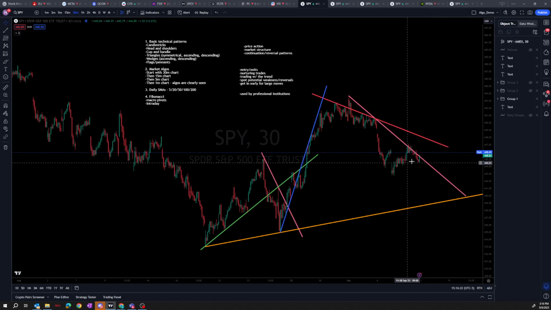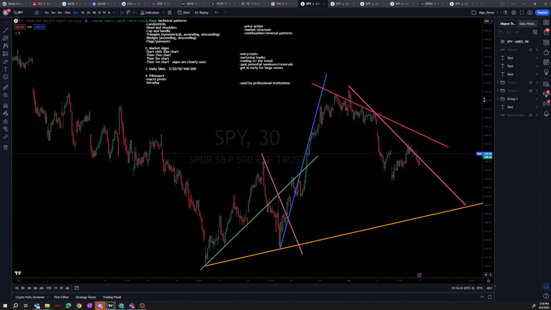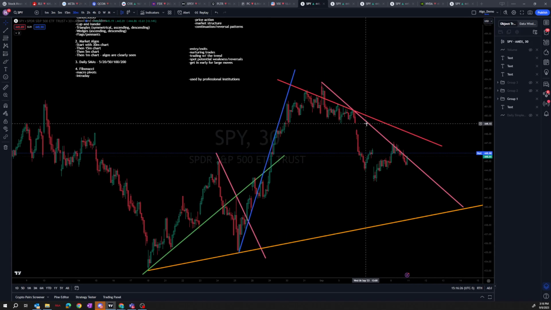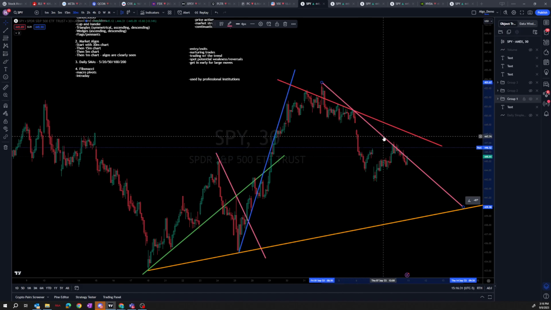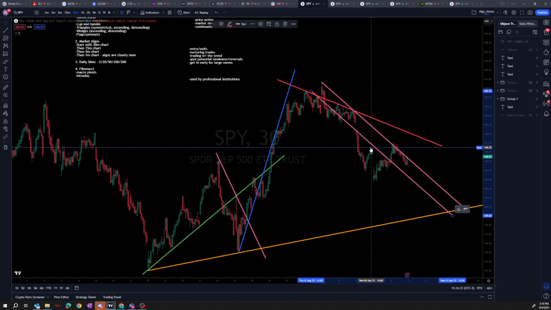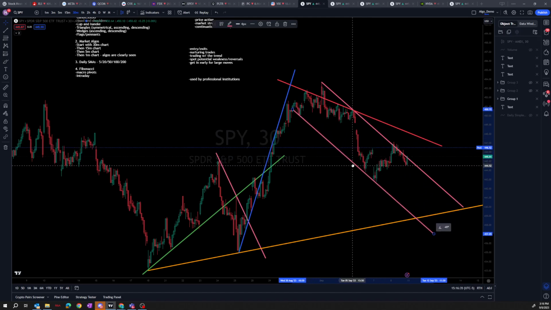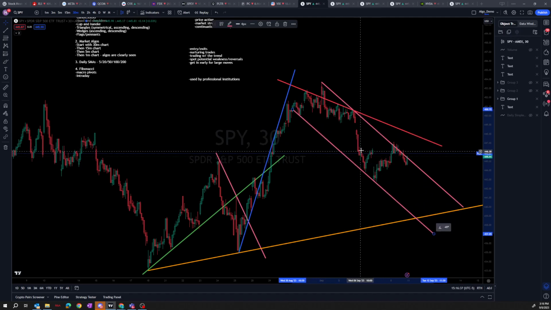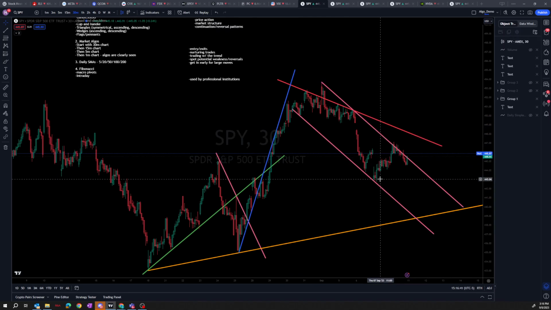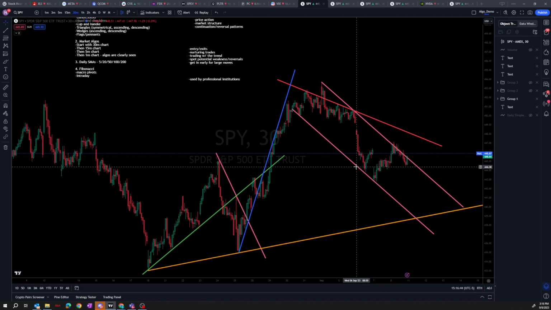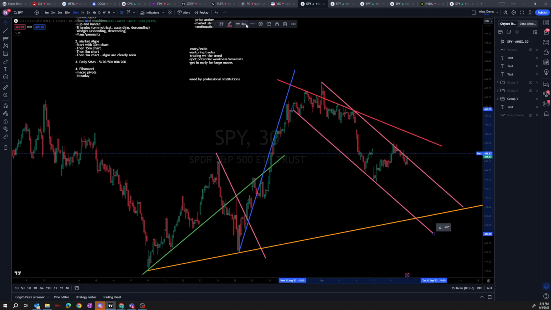So what we can do with this? This pink one, we could see that we possibly have a selling channel. What I would do is hold Control on TradingView and just drag it so that you can get a perfect parallel line. Sometimes if you just do Control V, it's not going to give you the most perfect line, but I'm going to move it to where we possibly have a channel. And I'm just going to make this